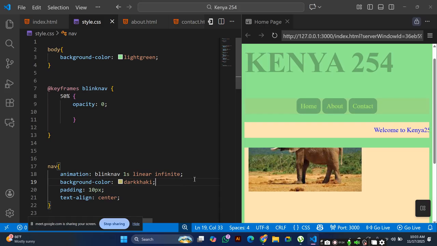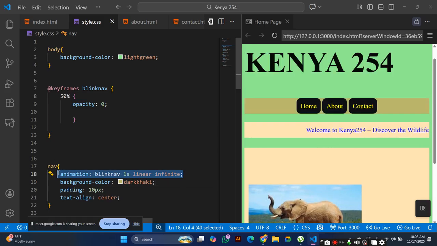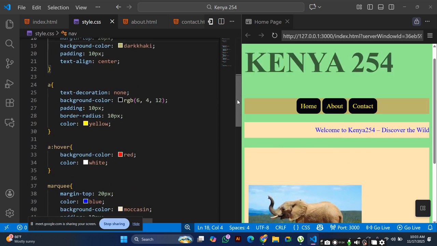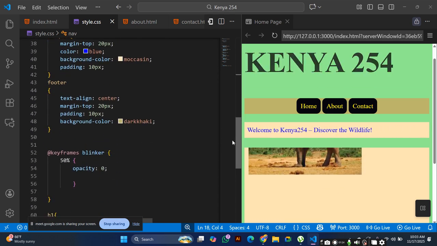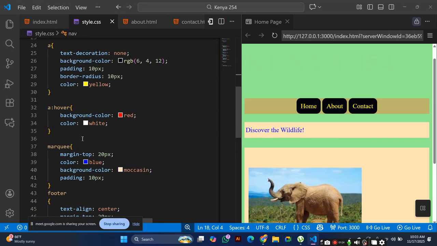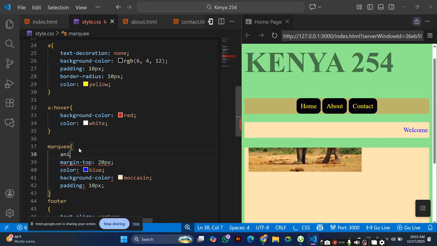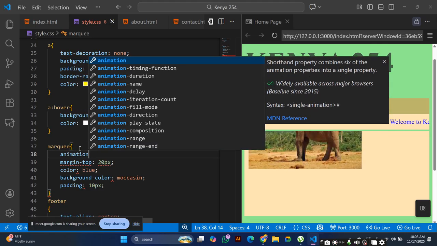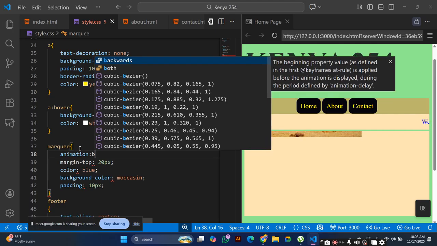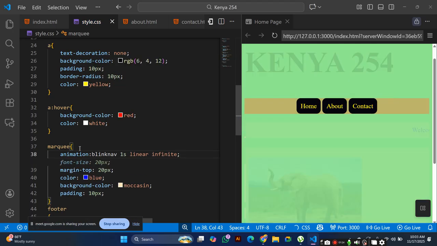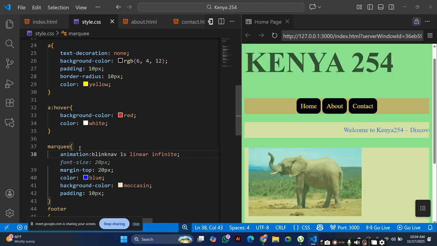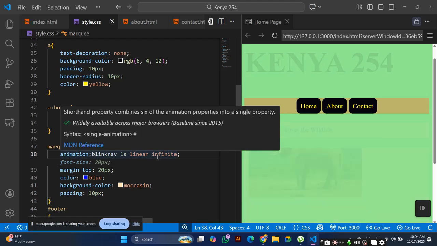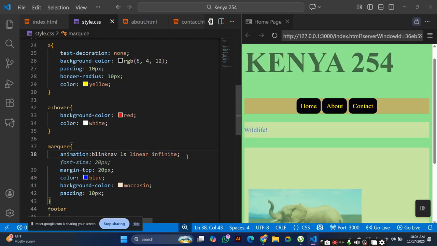So if you don't want the nav to blink, maybe you want something else like an image, then you go to the image. If you want maybe marquee to blink, you go to the marquee and type animation, blink nav, 1 second, linear, infinite.